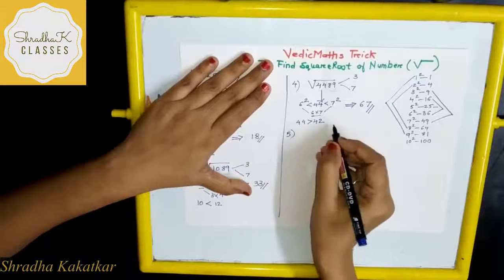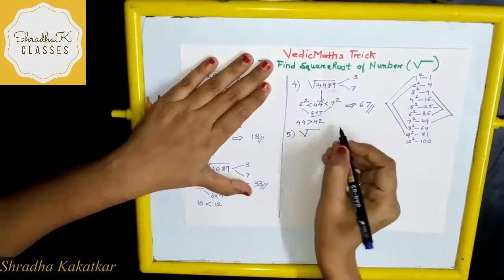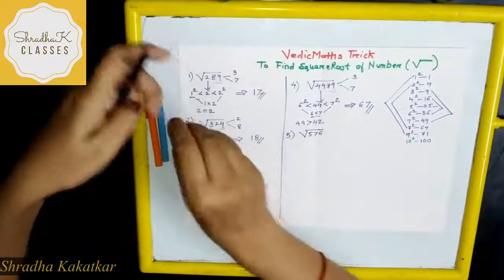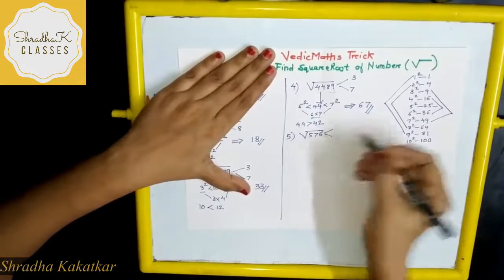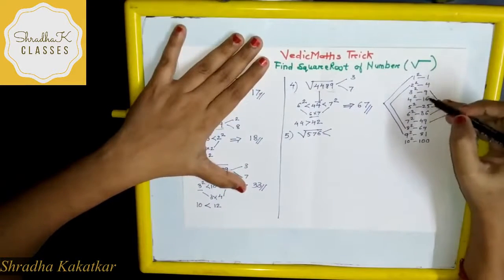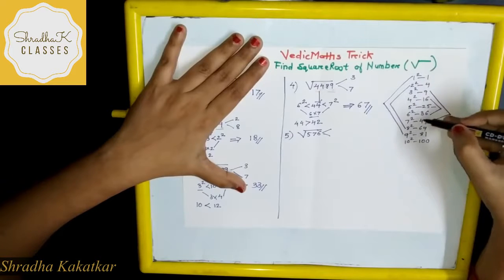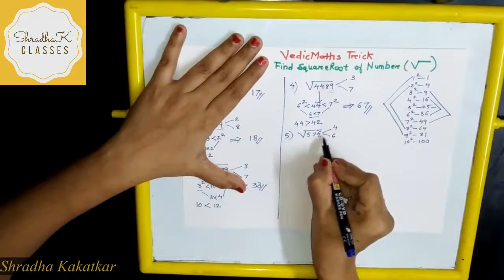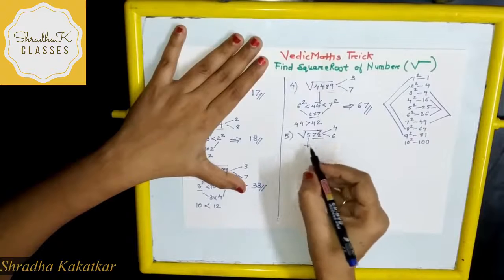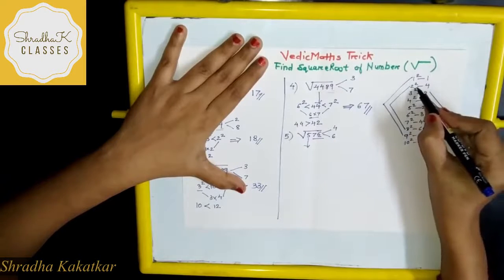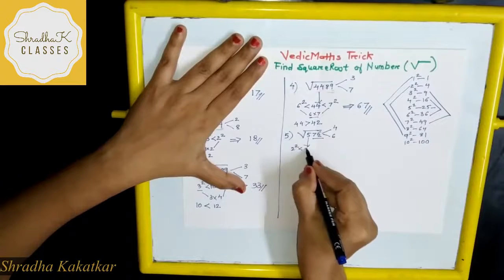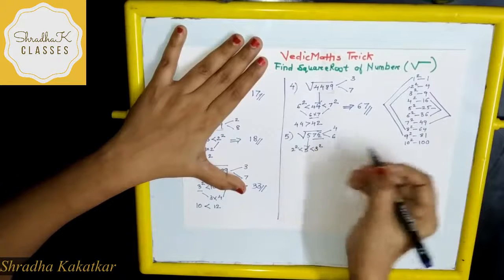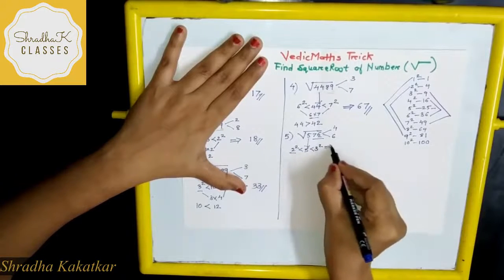Let's take another example. Let's take 576. So again same steps. What you will do? Which square of which number ends in 6? 4 and 6. So I will write 4 and 6. So what is the next step? This I did. Now next step, leave 2 digits. Now this 5. So now 2 square is less than 5 and 3 square is greater than 5, right? So we got our first digit of the answer, 2.